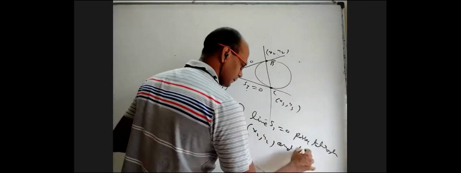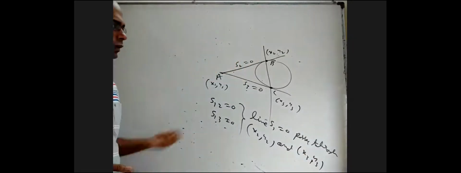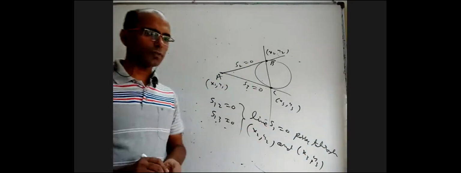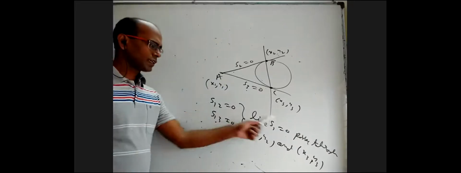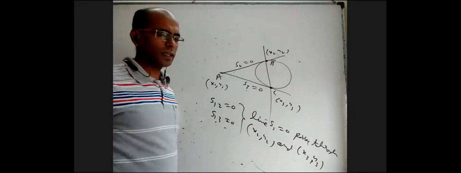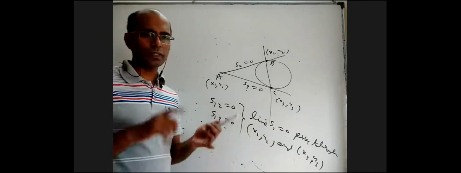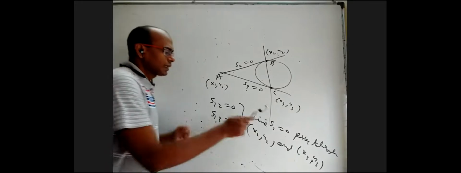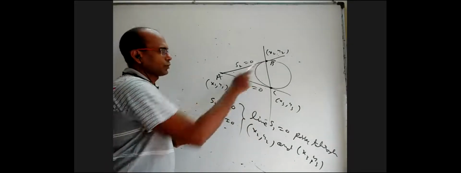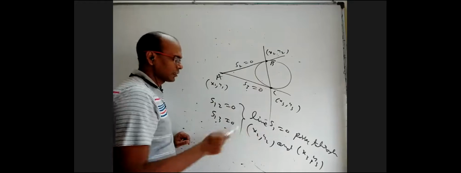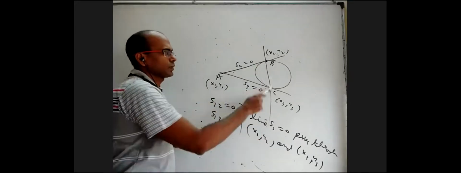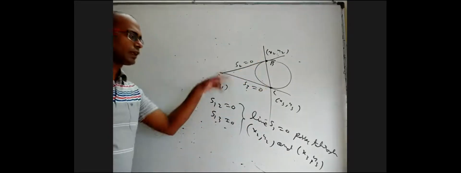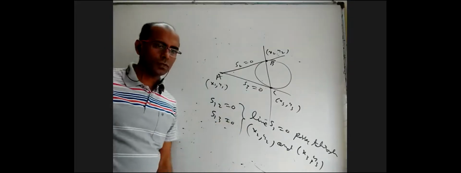That means this line is only S1 equal to 0. We proved it. Where the idea of S1 equal to 0 came from, let us not worry about it. You know, it is a line because it will have x term, y term, constant term. It is a linear equation in x and y. And that is definitely satisfied by x2, y2 because of this condition, and it is definitely satisfied by x3, y3. So this line should pass through this point and this point. So that line equation is S1 equal to 0. That's it. So we proved it.